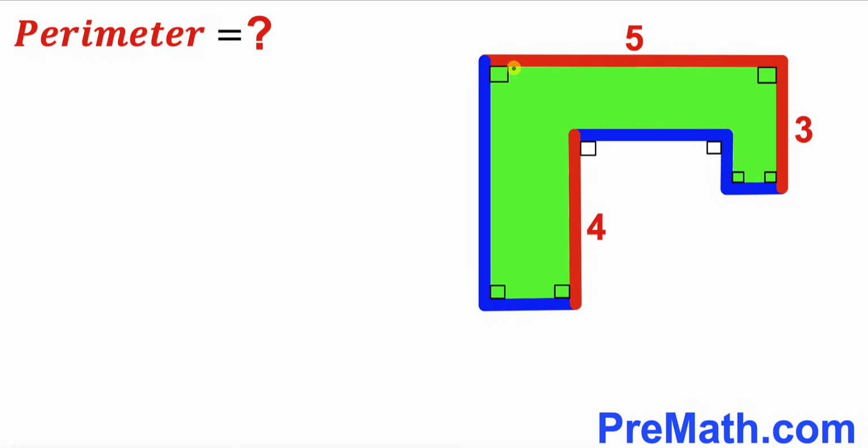In this video, we have this green shaded polygon, as you can see in the given diagram, such that all these angles are 90 degrees each. Moreover, this horizontal segment length is 5 units, whereas this vertical segment length is 4 units, and finally this vertical segment length is 3 units. Now our task is to find the perimeter of this